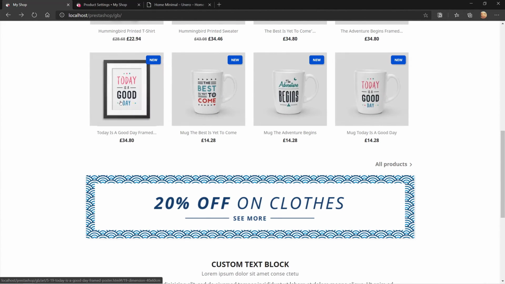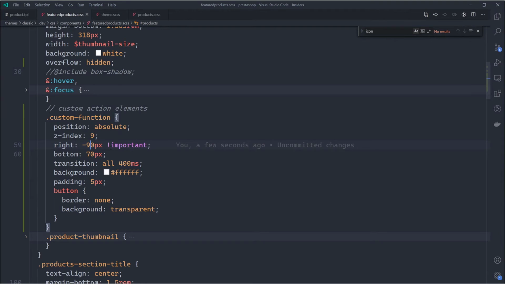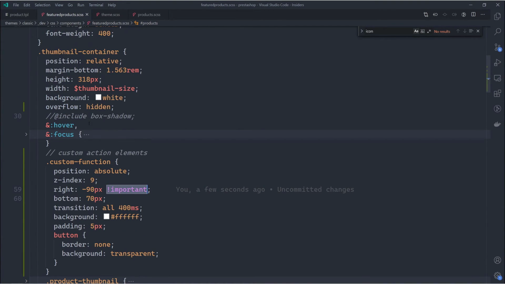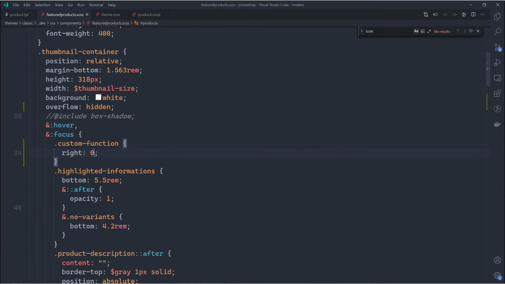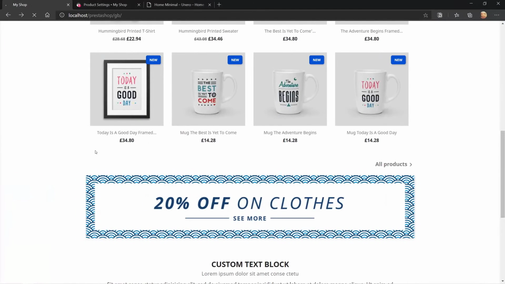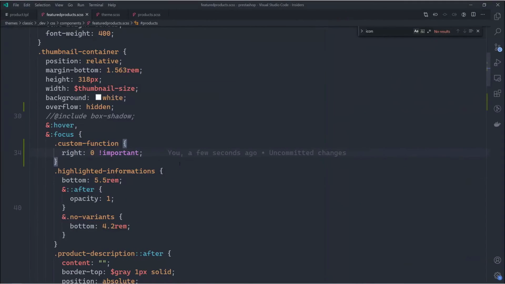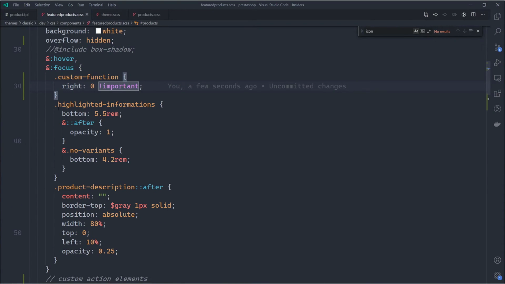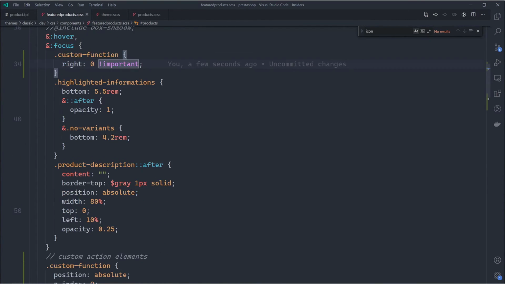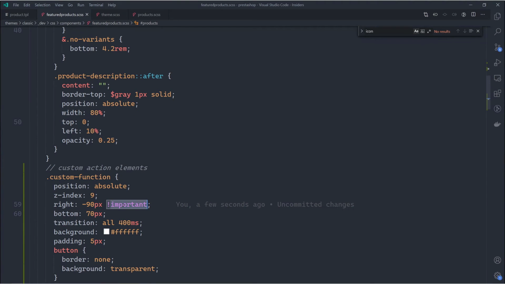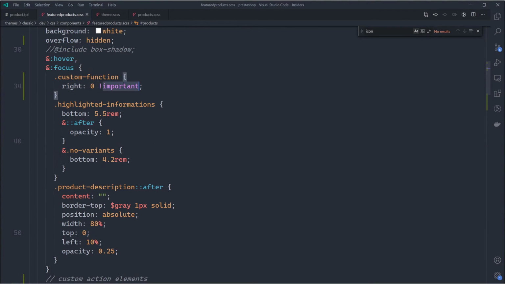And it seems like it's not working. Crap, because here we need to add another important, and I really hate this. This is not professional, by the way, but yep, no problem. Okay, so hover that, and this should be working for now. Come on. Holy crap. Oh, well, I really hate using the important properties. It always ends up with a mess. So let's get rid of this one, and also this one,